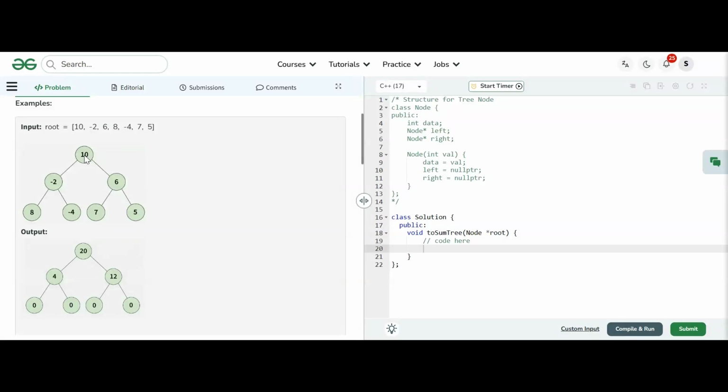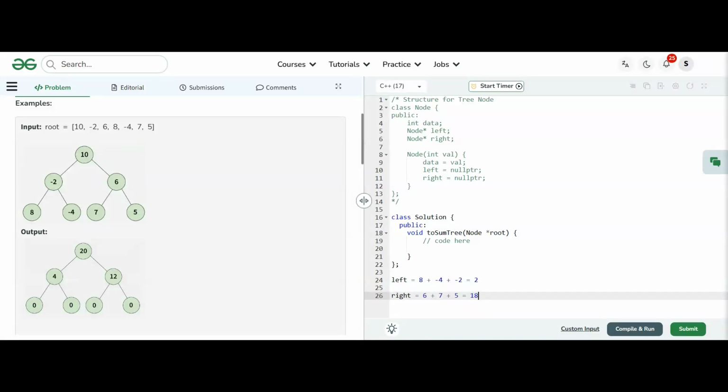If I sit here and calculate the left subtree sum, it is 8 plus minus 4 plus minus 2, that is 2, and the right one is 6 plus 7 plus 5. 6 plus 7 is 13 and 5 is 18.